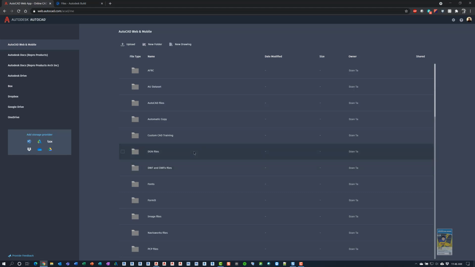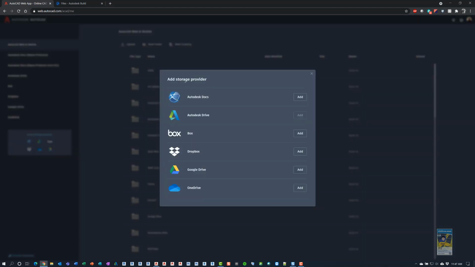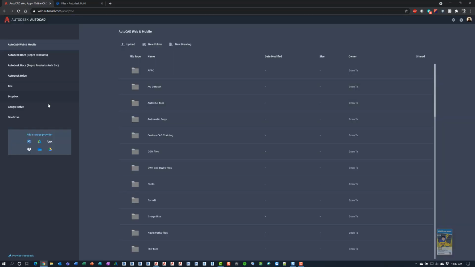Now, one of the new things that they've introduced to the web.autocad.com site is the ability for you to add additional storage providers. So you can click any one of these icons, and it will take you to the Add Storage Provider window, and it will list all the different portals that you can actually add. And so for me, I did this earlier. I already have access to the AutoCAD and Web and Mobile, and all the files and folders that are in this location. The files and folders that are in this location are from the old A360 server site, just so